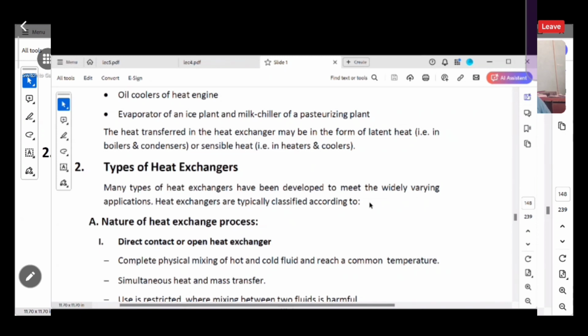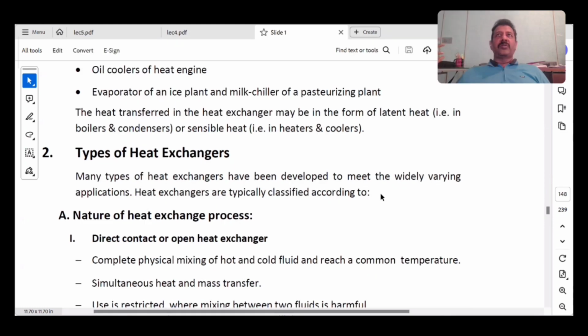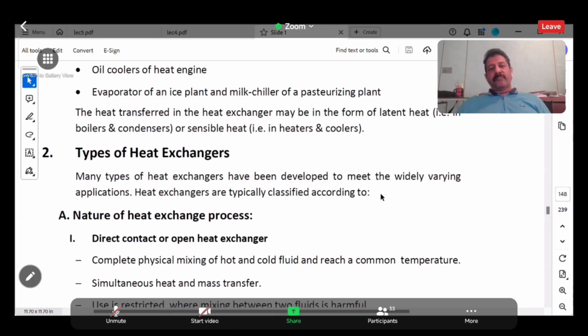Phase change involved, you call it as a mass transfer, distillation column. Distillation column cannot function alone, you will have a reboiler at the bottom and a condenser at the top. Both are heat transfer equipments with phase change. Reboiler is something which will push a liquid into a vapor state. Condenser is something which pushes something from a vapor state into a liquid state. That's with phase change, so latent heat is involved. Without phase change, you'll have heaters and coolers. There's no phase change involved. Simple heating of the fluid or simple cooling of the fluid is what you call it.